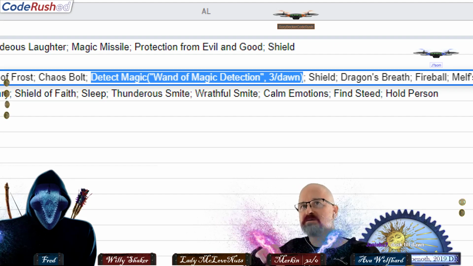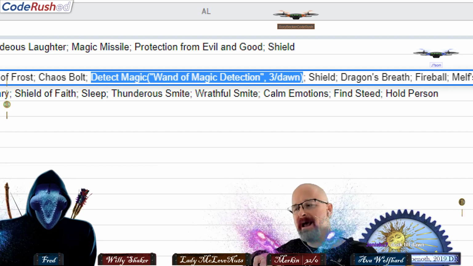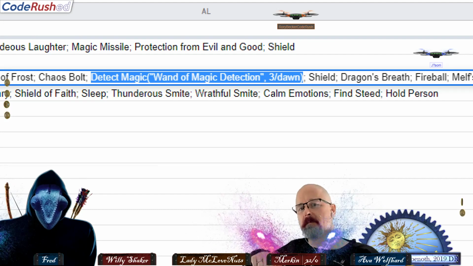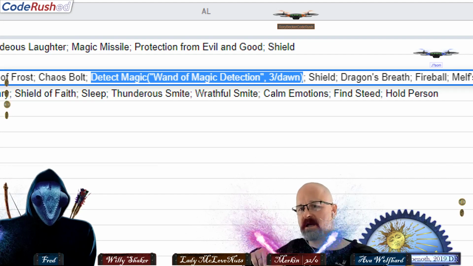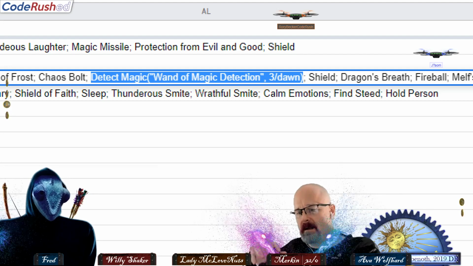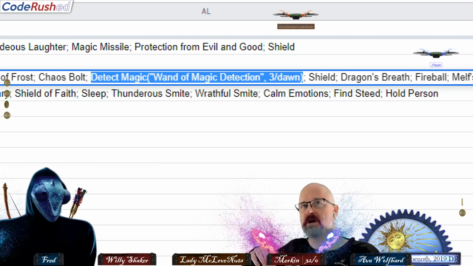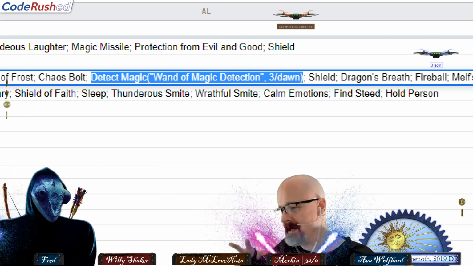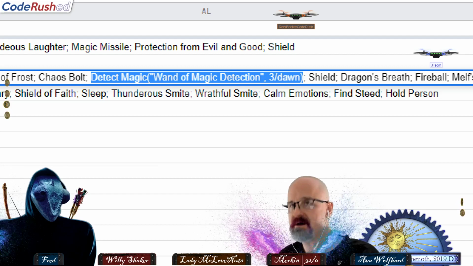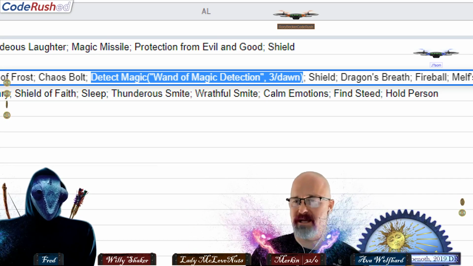Yeah. Well, that works great for a lot of things, but there's some kind of magic items where at dawn or some other time of the day, they recharge. So if I've got 3 charges, I can use my wand 3 times per day. Then when we get to that particular time of day, like dawn or whatever, it'll reset and I'll have 3 more charges. It's not additive. It's like a max number of charges. So it all fits into this rechargeable thing that we've been talking about. So I created a new alarm called a daily alarm.